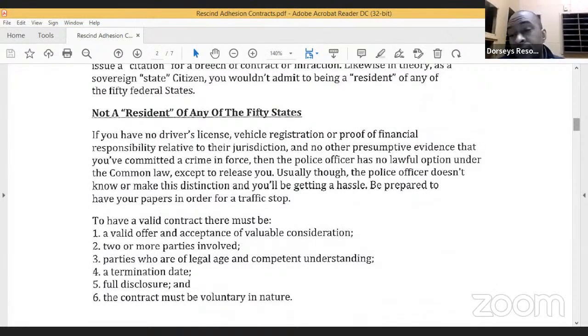Another thing, when you remove some of these adhesion contracts, like the voter registration and stuff, sometimes if you file the WBN, that needs to be filed. You have to file that. But with voter registration, that's something you're removing. And also, don't be an organ donor. Don't volunteer, because it's going to eventually fall out of their system.